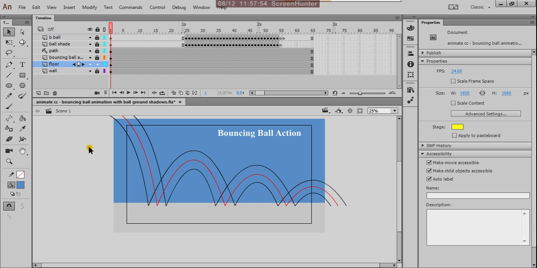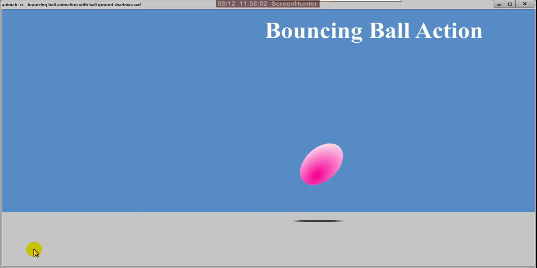Yeah, this is the bouncing ball action with shade. So we created the shade along with the bouncing ball. Yes, so this animation is very important for the animators, for the animation students.